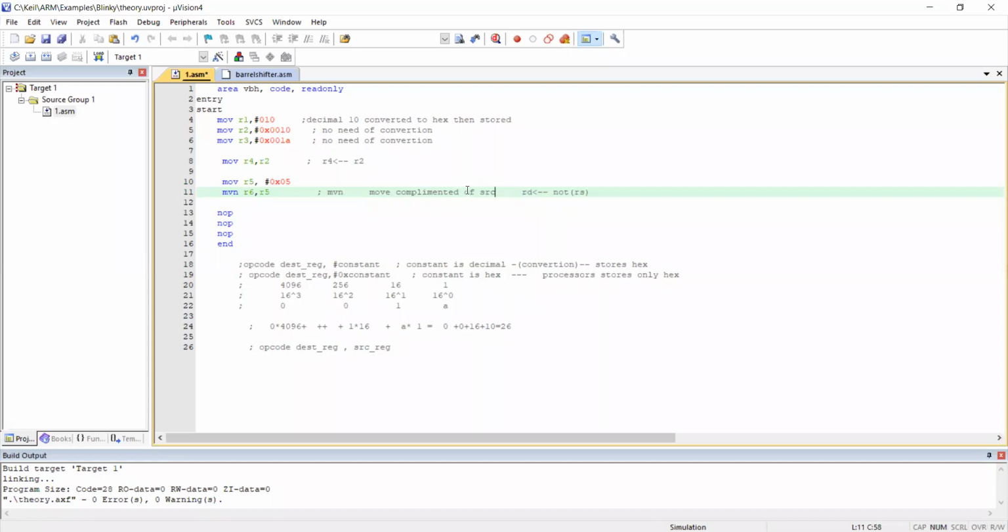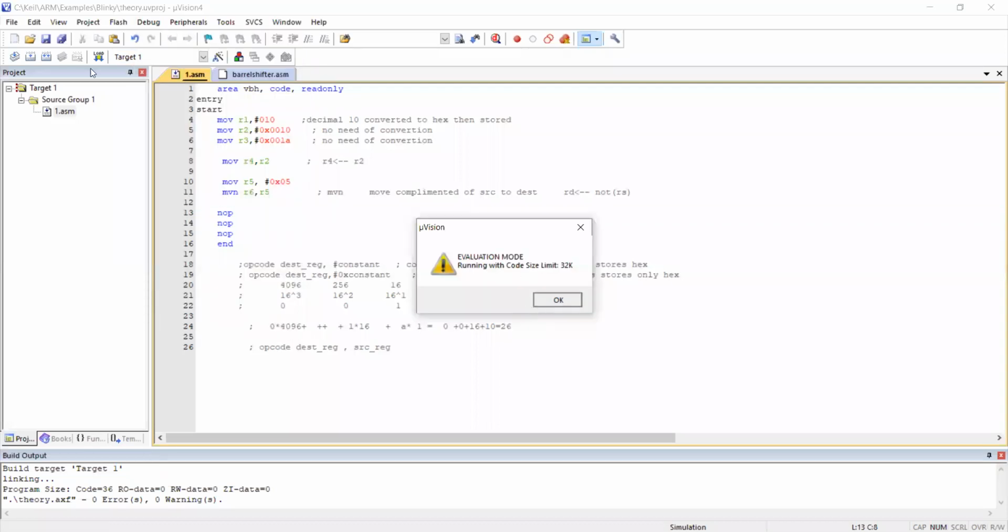Complemented of source. Can you see your application? Okay, move complemented of source to destination. So you have identified correct destination and correct source. Let's see what happens. So I'll say okay, no errors. Again go for this. Okay, now